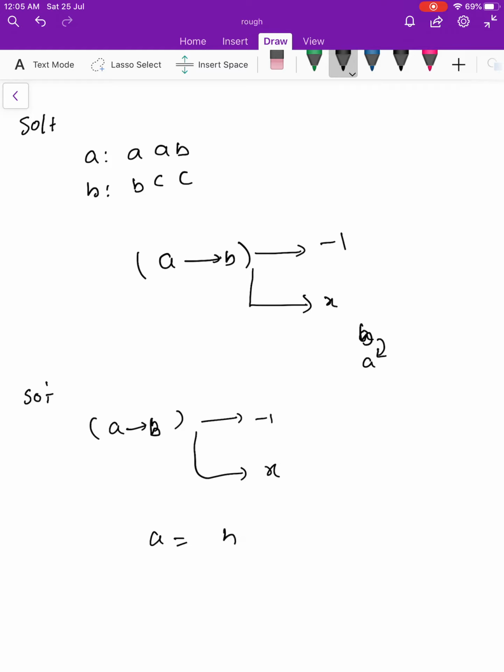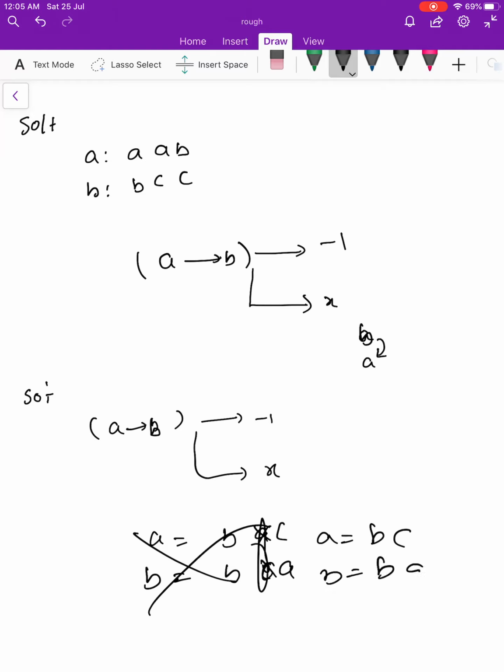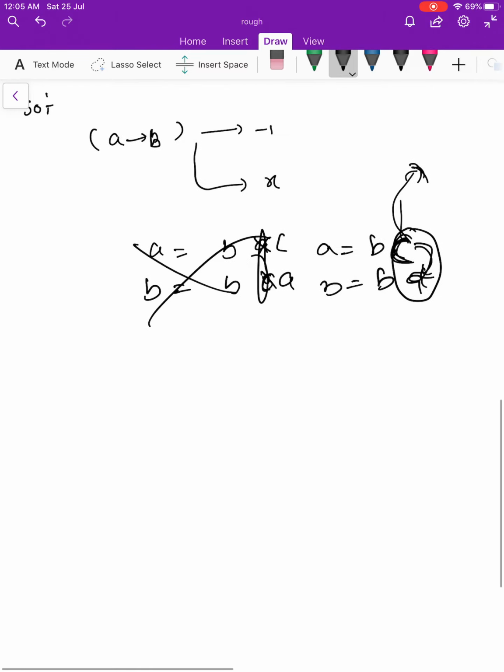For example, say A equals BC and B equals BA. Here you have to change the character C to A, but A is less than C. You can always change a character to another character which is more than the previous character, but you cannot decrease the character. You can just keep the same character, or you can increase the character.